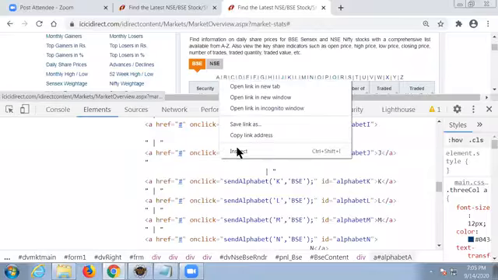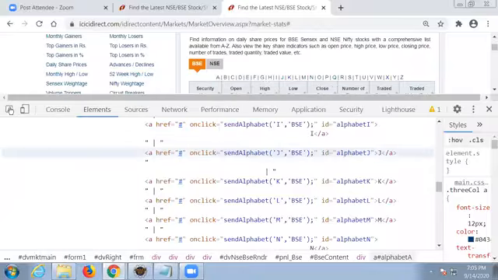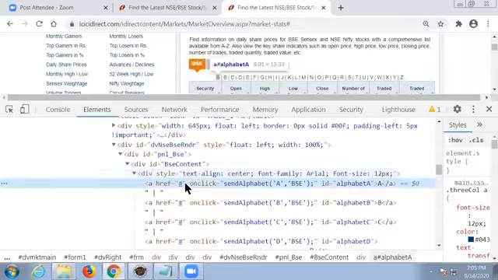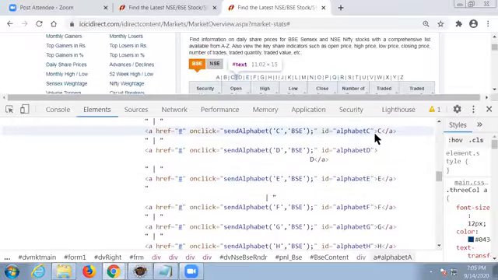This inspect option sometimes won't work, so be careful and use this arrow icon again. Now look at that. Every alphabet has been stored. We can capture these alphabets with the help of one property here: ID. Look at that, the developer has given A, B, C, D. So to capture